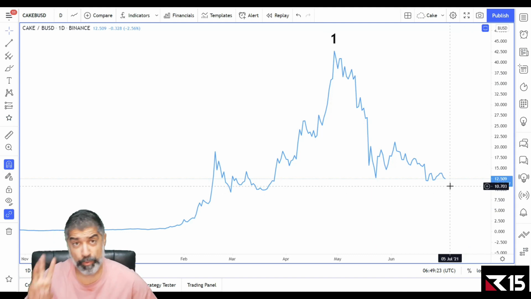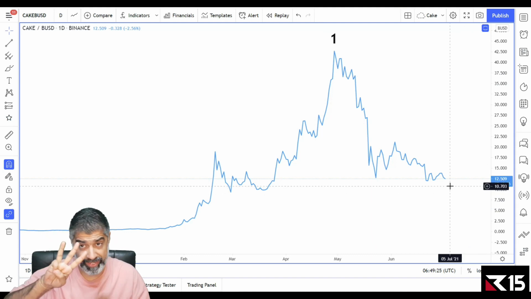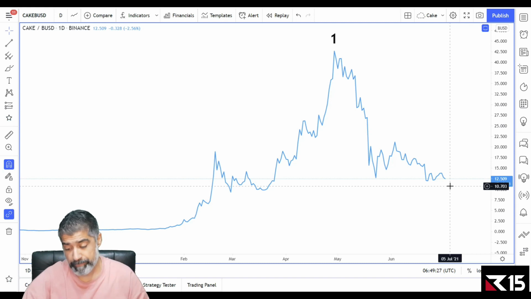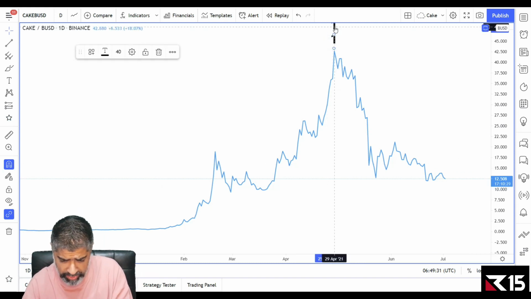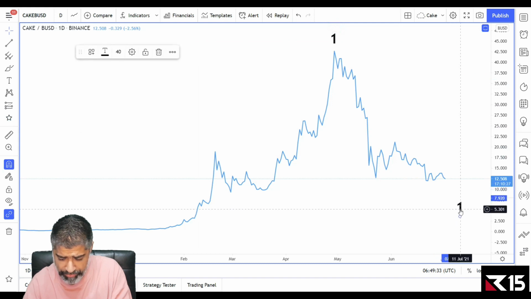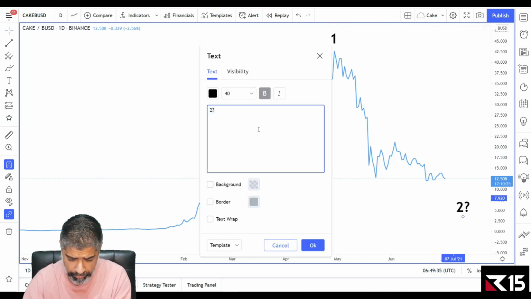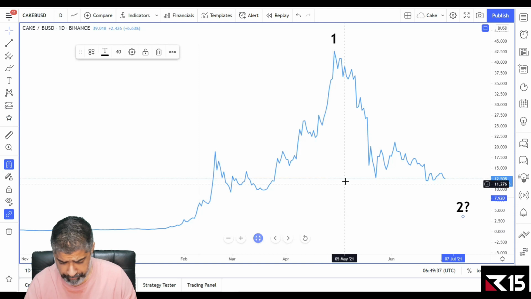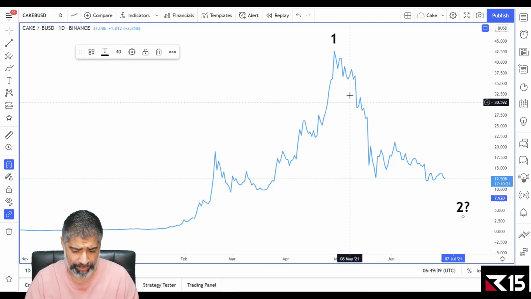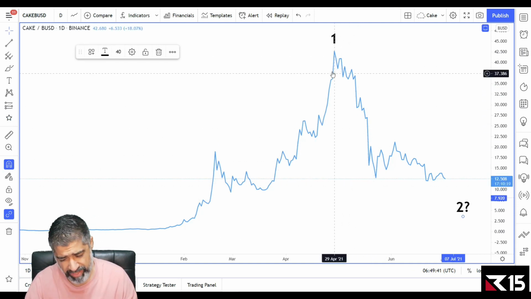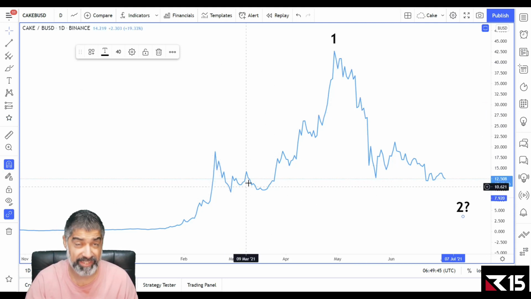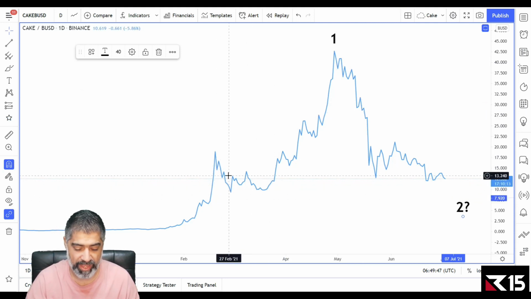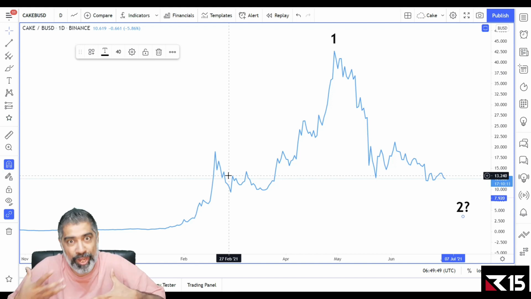Now, typical corrections for a wave 2 happen in 3 waves, and it's typically A, B, C. So what we do here is try to determine the psychology of the market. A wave 2 would be somewhere down here. I'm going to put a question mark over here. Now this is very impulsive, this is not overlapping. Overlapping means like this is overlapping. These are corrective features, corrective psychology, right?